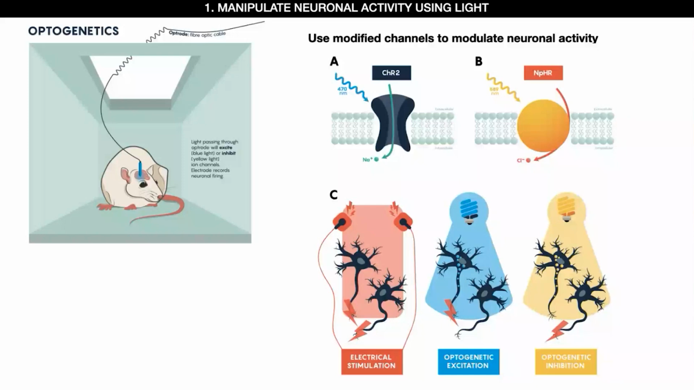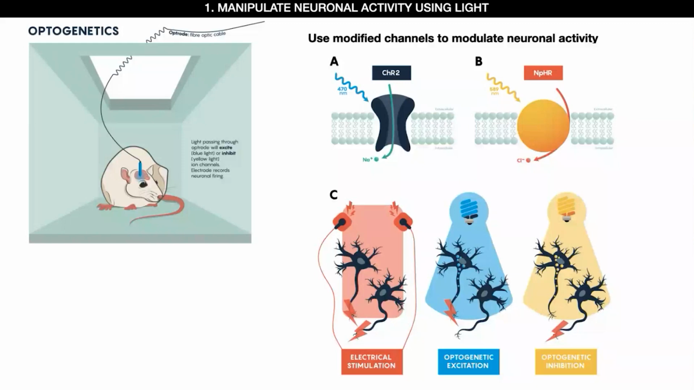But the problem with electrical stimulation is that we cannot target specific subpopulations within that area. So everything around this electrode will be activated. While using optogenetics, we can actually manipulate and modulate subpopulations of cells, by exciting them or inhibiting them. And here you can see in this graph the excitation in blue or the inhibition in yellow, by